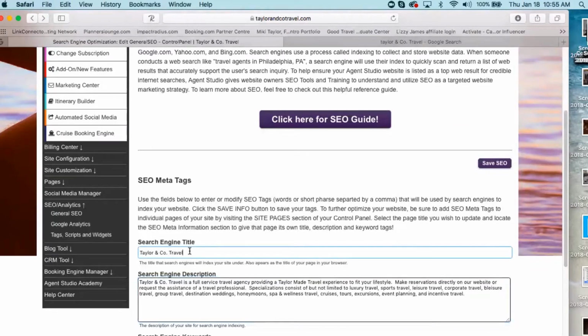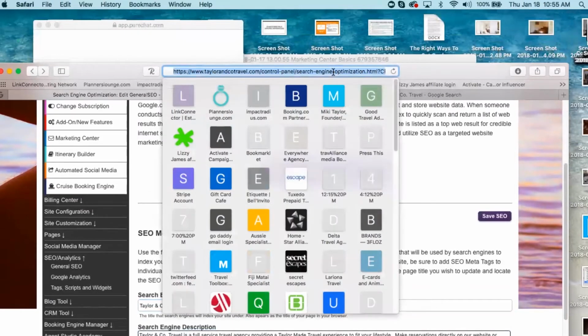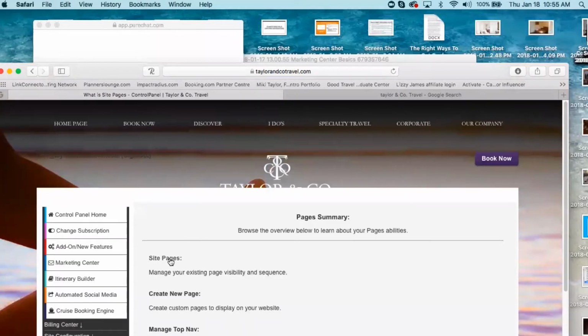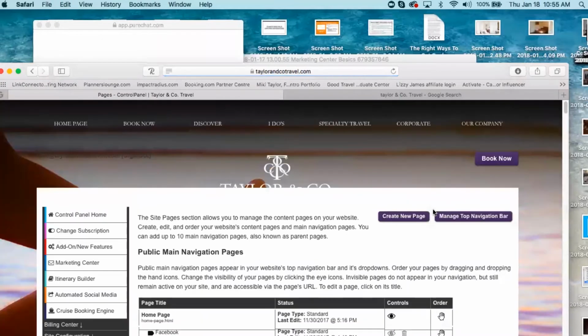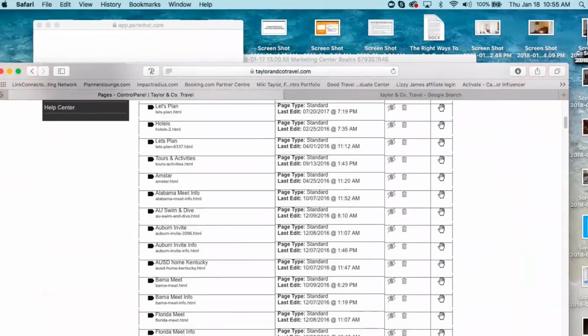And then your search engine title. The title is extremely important because the title is what is going to show up in your URL. Okay? It gets a little tricky because you only have 20 characters to use for the title. And let me jump to an actual page so that I can show you at the bottom. Let me see. Let me go to